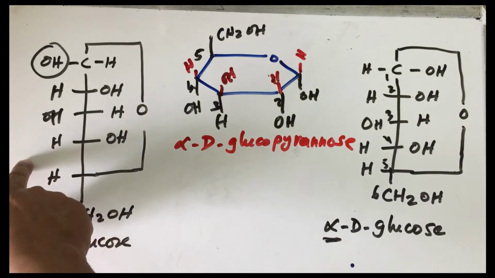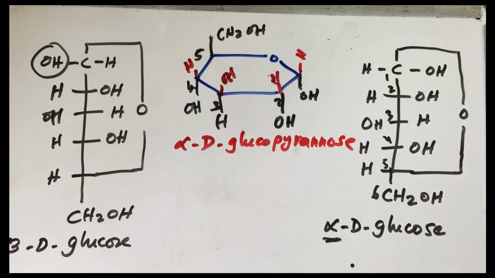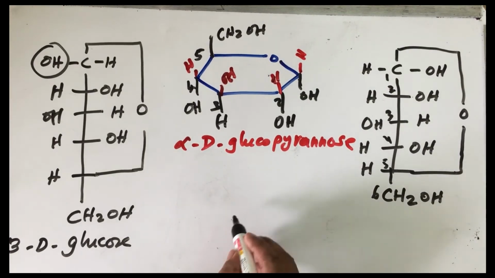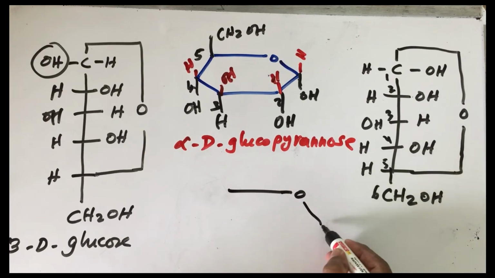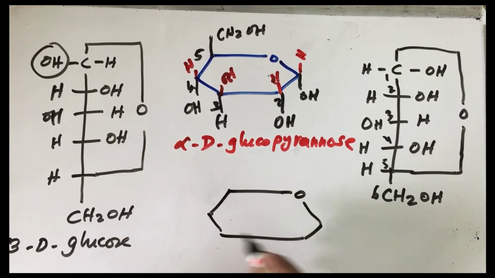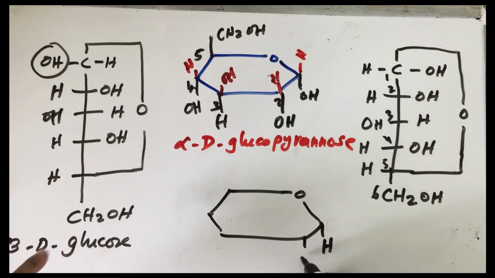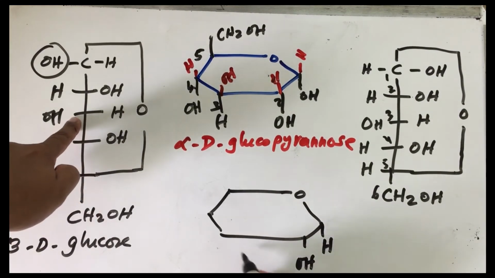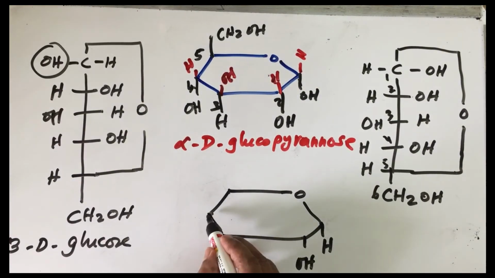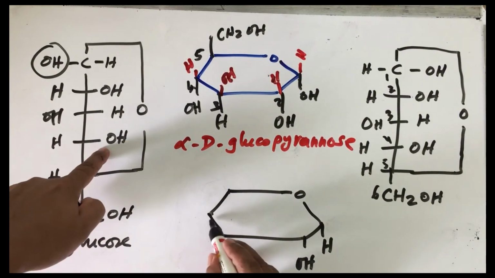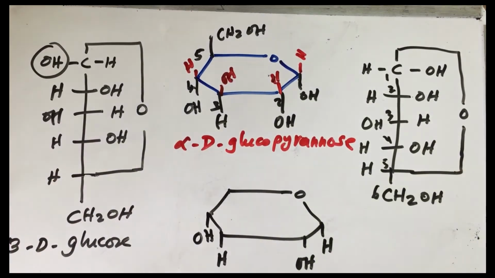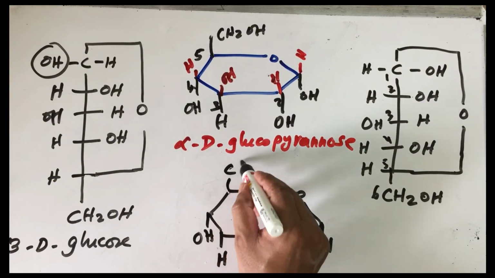Now similarly we can write the structure of beta D glucopyranose. How do we write it? Once again, it is very simple. Let us create a little space here. Again, first you draw the ring structure. Ring is drawn. This is, as you know, carbon number 1, which has a hydrogen on the right hand side. This is a hydroxyl group on the right hand side. Third carbon, hydrogen is on the right hand side. Fourth carbon atom, the hydroxyl group is on the right hand side. And this is the fifth one, and CH2OH.